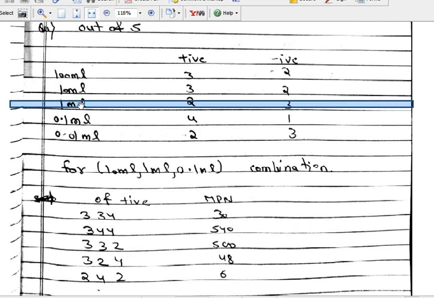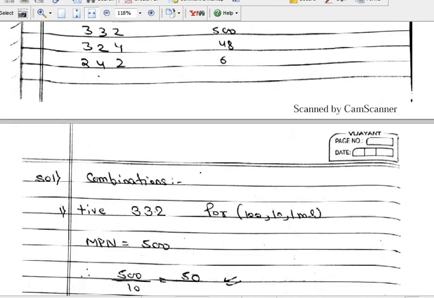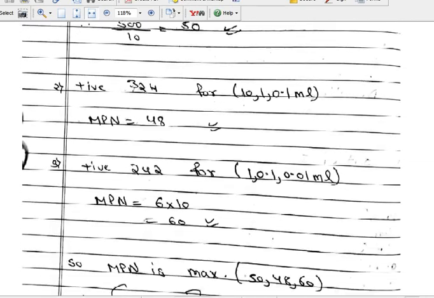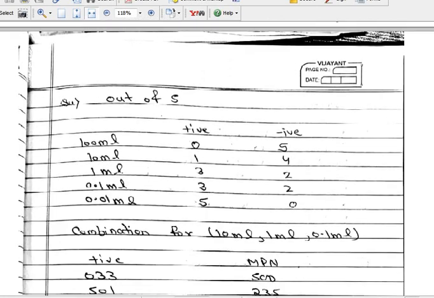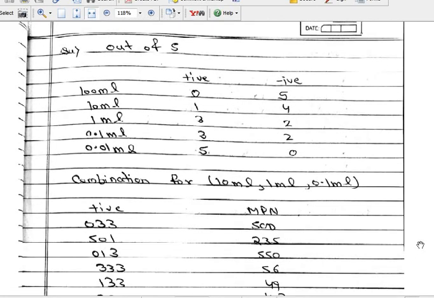And if you take the standardized 10, 1 and 0.1, if you take stronger or more concentrated values, then you have to divide. If you take a more diluted solution, you have to multiply the values. Okay, and then you will find all the values and take the maximum of these 3 values. So this way you can find the ambient. This question has also come several times in IS or GATE. So I have included this.